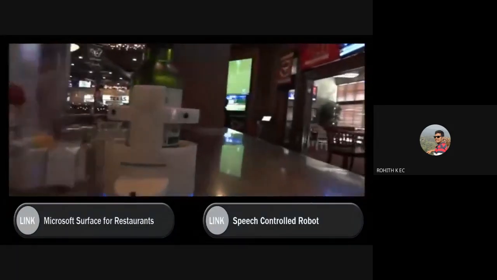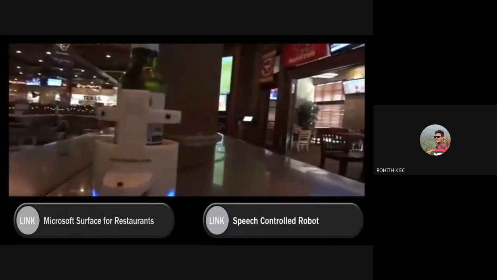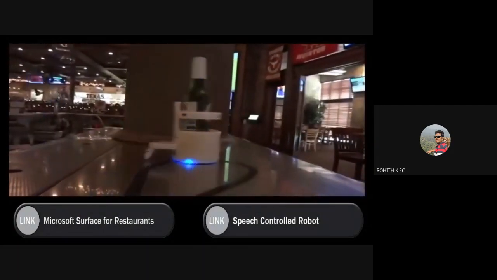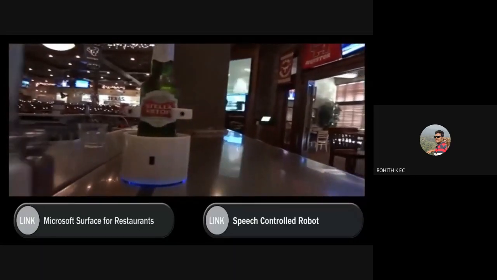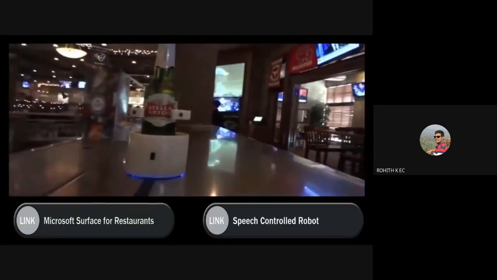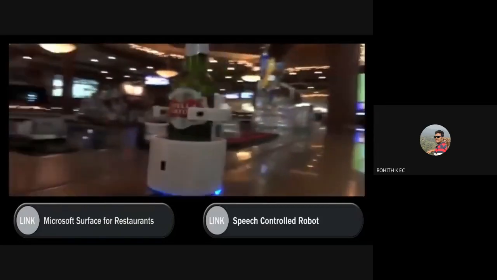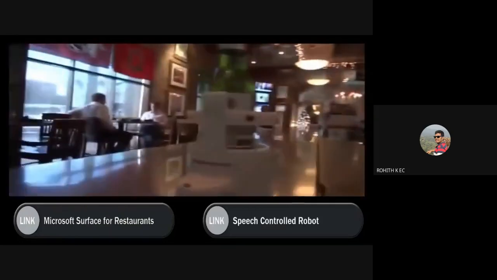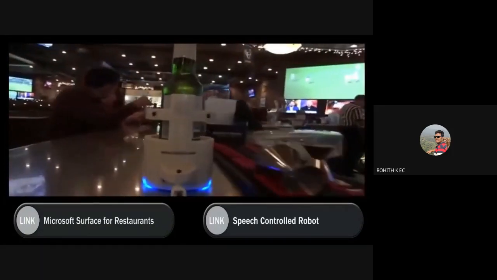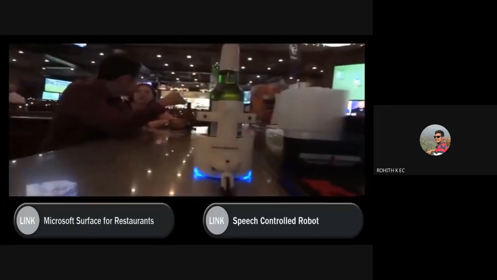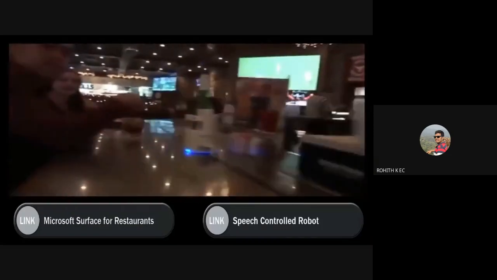Not only that, when a robot is holding a drink and it is moving around in a bar, it is a very attractive thing for the customers, and they'll be influenced to buy a drink just to have this experience of getting served by a robot. So you can use robot for so many applications. It only depends on your imagination.